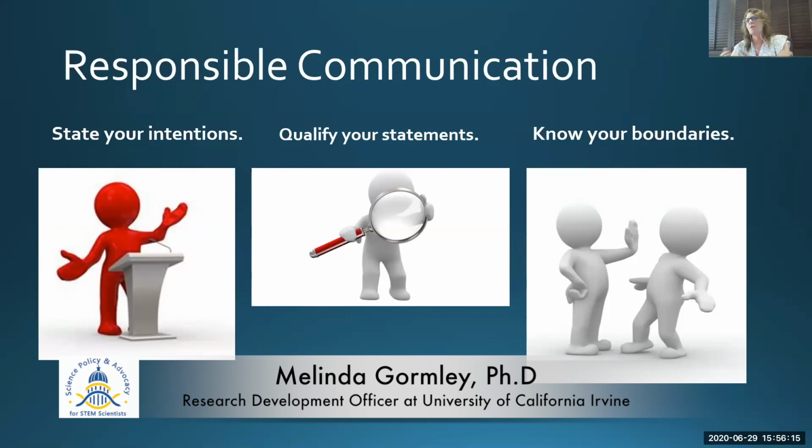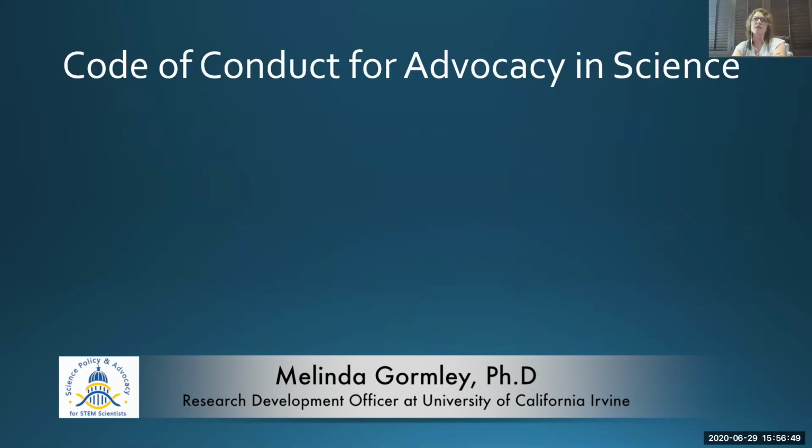In that case, the person blocked the question they didn't want to answer, bridged to the question that they wanted to answer, and then provided the answer that they had been ready to provide and had really practiced, and it's inside the boundaries that they have set for themselves about what they want to say and what their bounds are in terms of an advocate or an expert. So these are three responsible communication tactics that can be used. There's actually a really good code of conduct for advocacy in science that is only a couple hundred words.